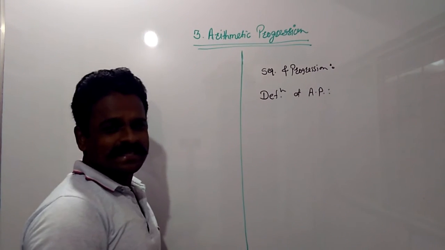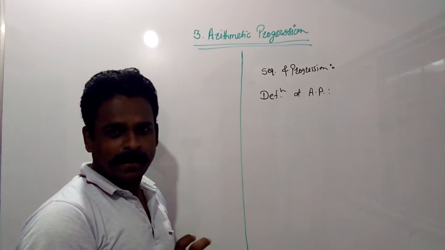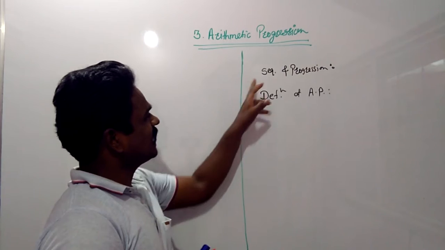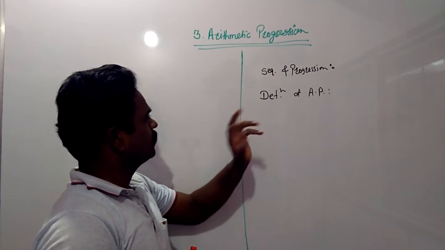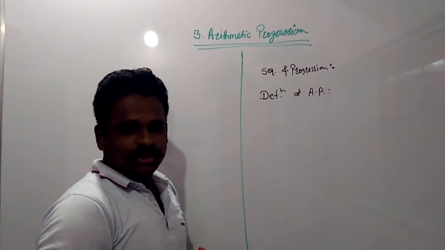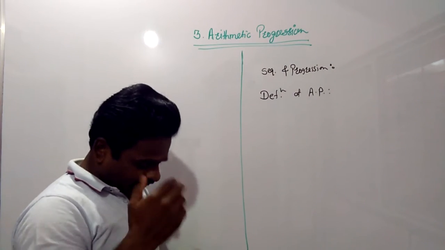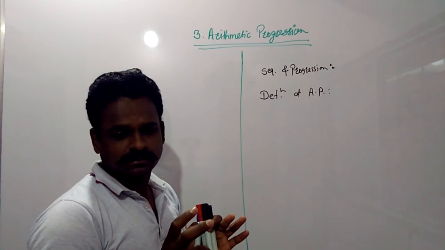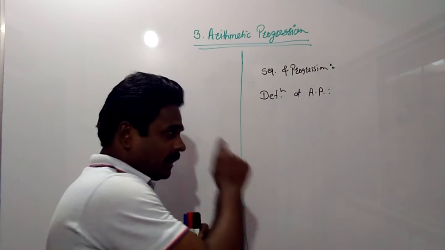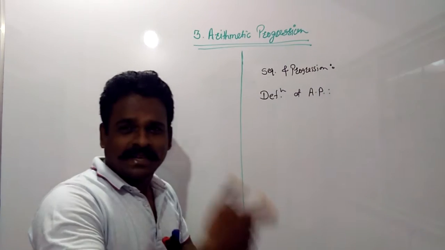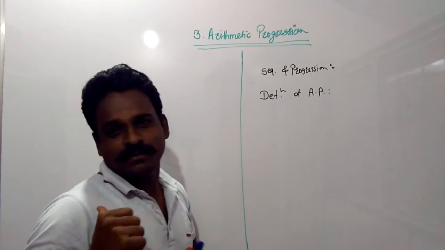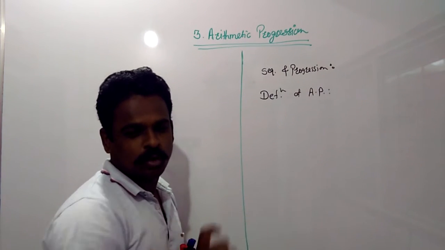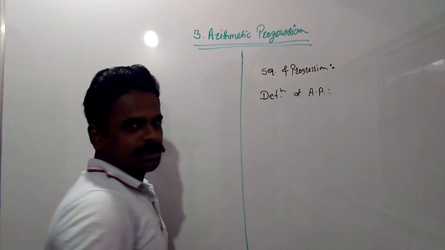If in a sequence there is a fixed pattern between all the numbers, then that type of sequence is called a progression, we told. And the definition of arithmetic progression: if you get the next number by adding a particular number to the previous one, then that type of progression is called an arithmetic progression.